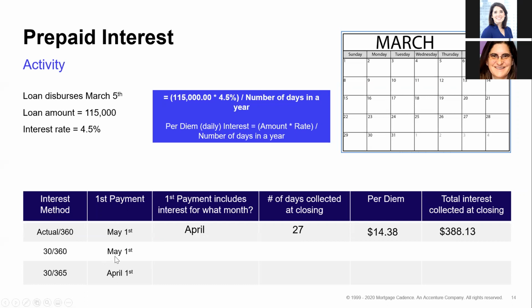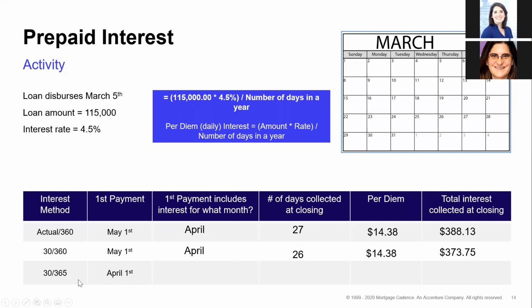If the first payment is May 1st, first payment includes interest for April. How many days do we collect at closing? We're doing 3360. Now I will say I've seen this go, yep, 26. I've seen this go a couple different ways, how lenders chose to address this. You do always have to check with your settings in your system, your company policies. There's a million nuances. I'm not sure I could possibly cover every scenario. I was already using 360 for my year, so my per diem stayed the same. But now I've got that 373 you were expecting. Very good.